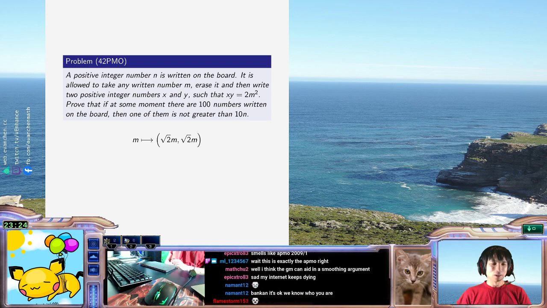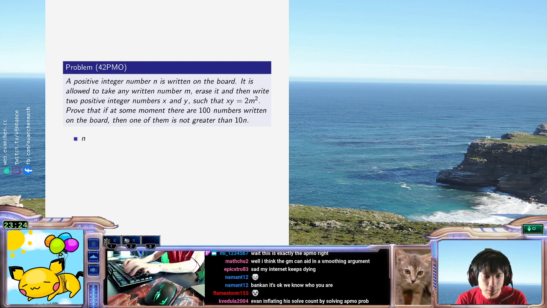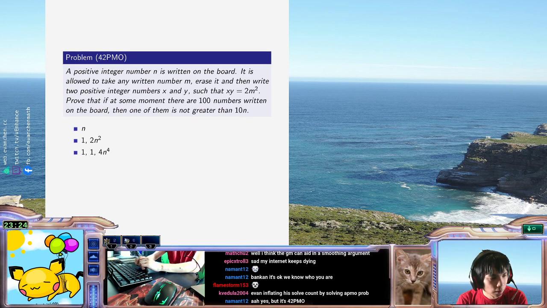The reason I'm worried about GM is because it feels like you should keep replicating. Let me give an example. Suppose you have 1. Alright, or actually, let me just write n. Then you can replace this with like 1 and then 2n squared. And then you can replace that with like 1 and 4n to the 4. Or not, like 8n to the 4. Right? So it's real scary because the